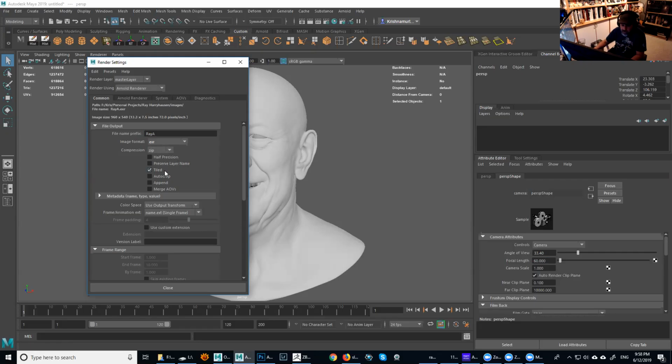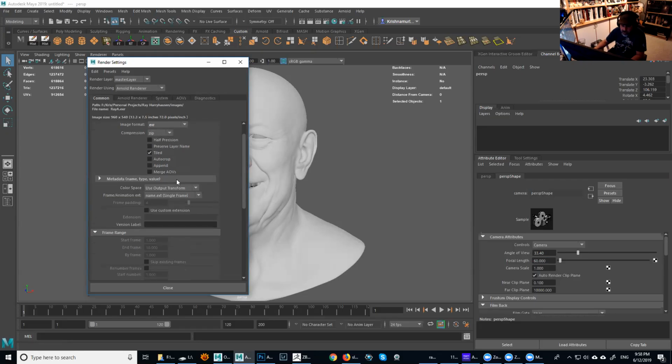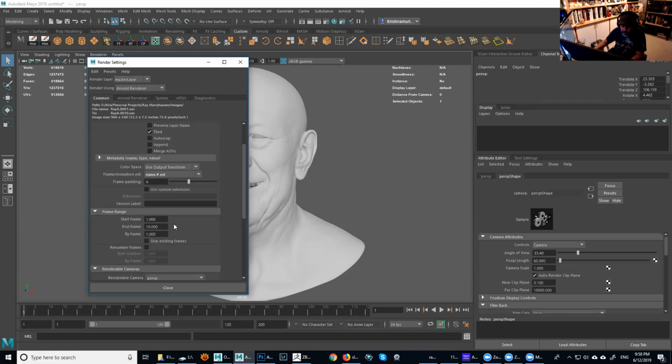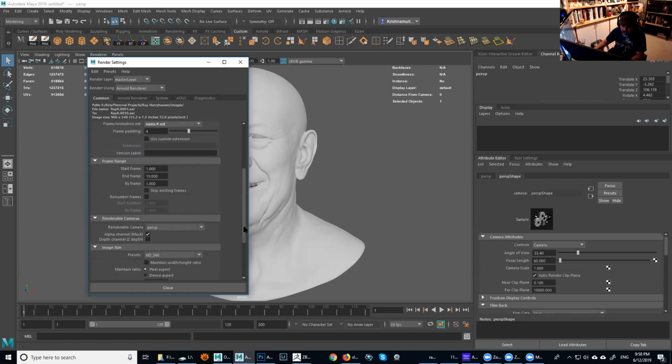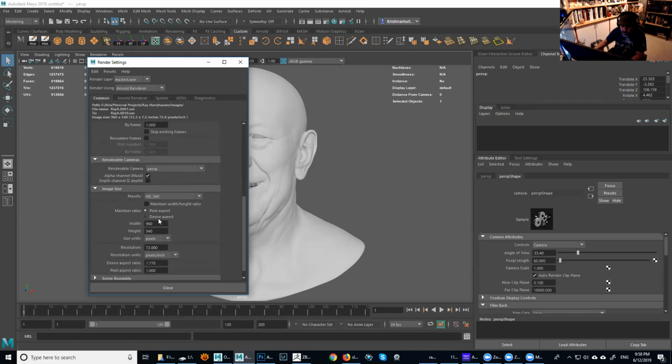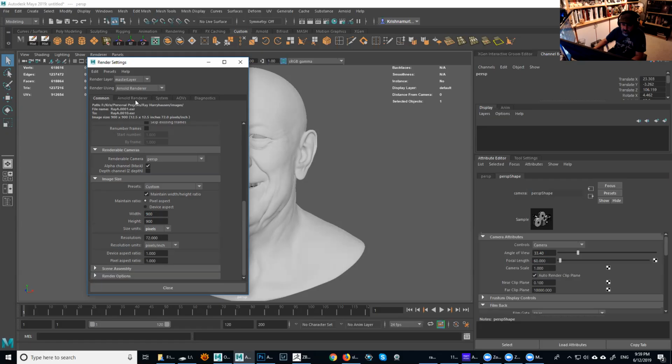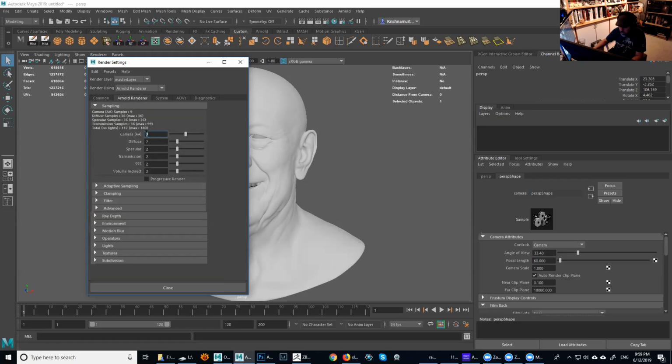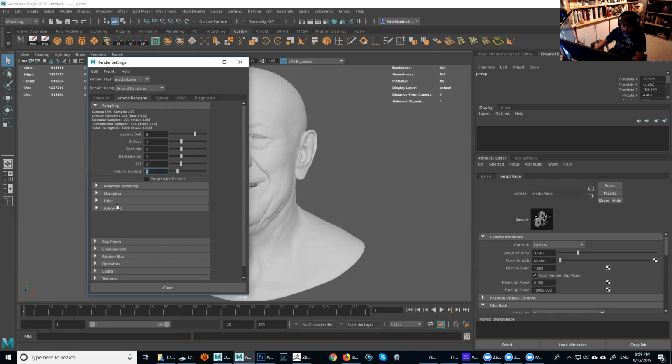I'm going to keep EXR, zip file, zip compression, and then I'm going to switch this one from single frame to animation so I can render multiple frames in a sequence. I'm going to keep 10, that's fine. Then I'm going to switch this one to 900 by 900, which is the Instagram resolution I normally render, either that or 1000 by 1000. I'm going to set up all my stuff again here. I'm going to keep this one at 6 for the beginning, and then increase it later. So 6, 3, 3, 3, 3, and then no adaptive sampling for now. Clamping, nothing, and then filter, I'm going to reduce this one to 1.5.